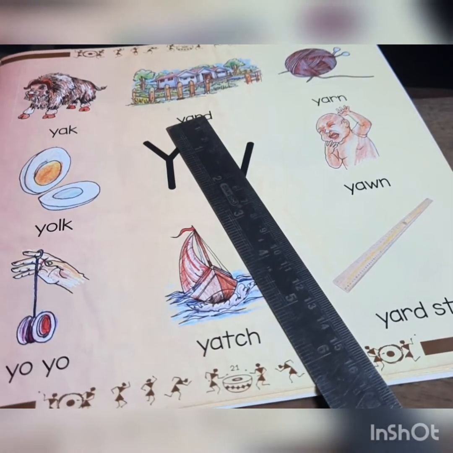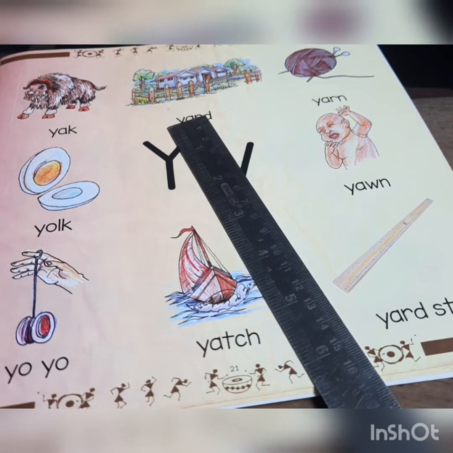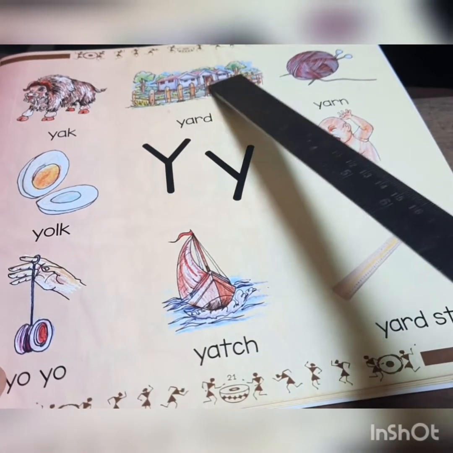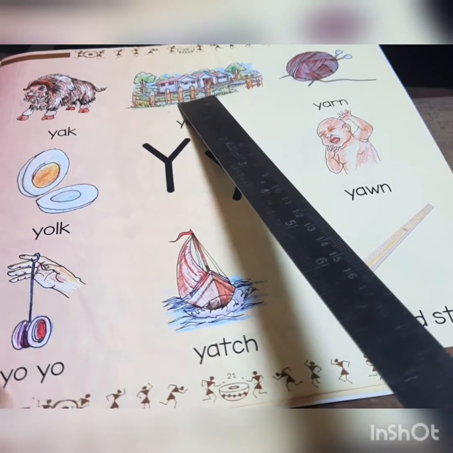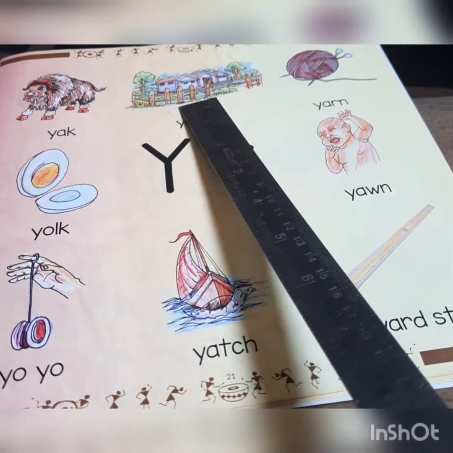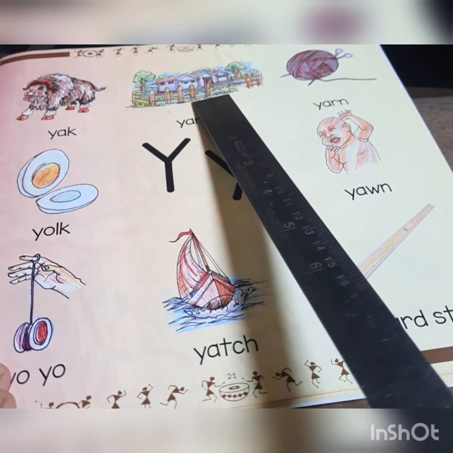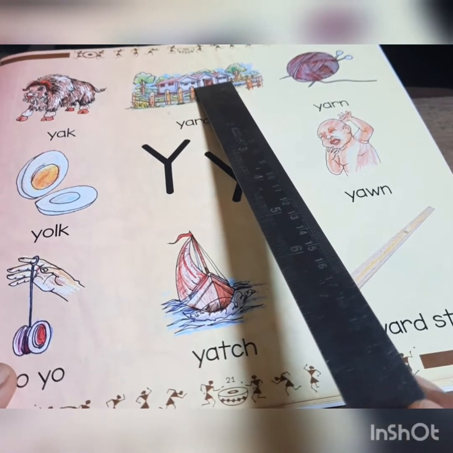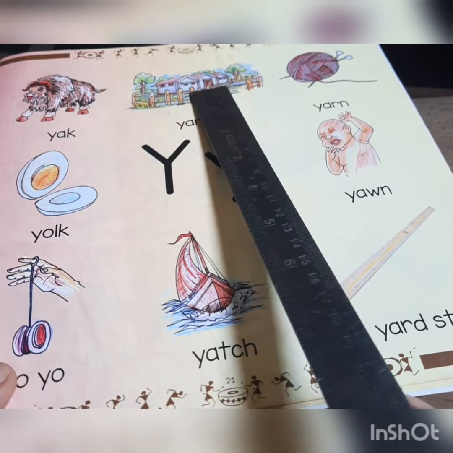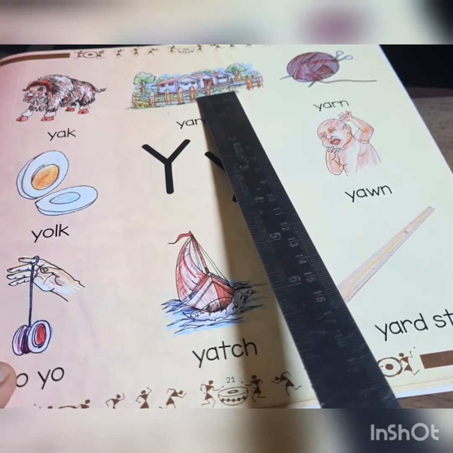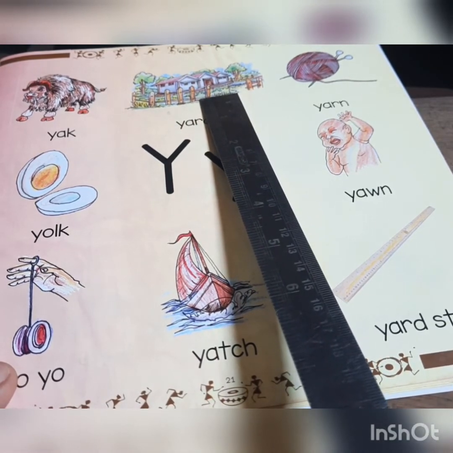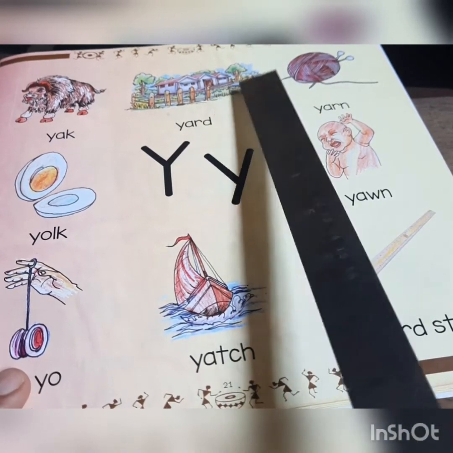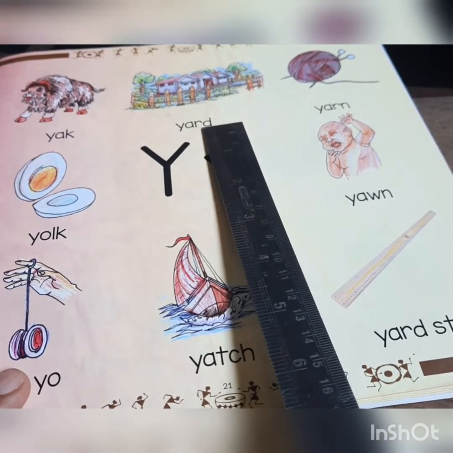Next one, it is a yard. What do you mean by yard, children? It is an area, like you say angala. Okay, that is a yard. It will be in front of the building. It will be very large. Very large area which is near to the building, which is adjacent to the building. That is said as yard.